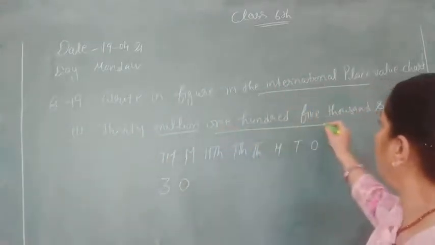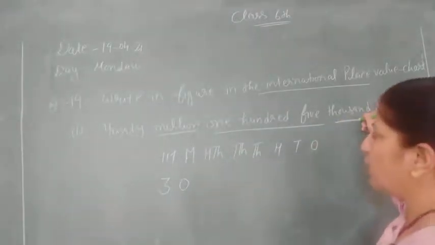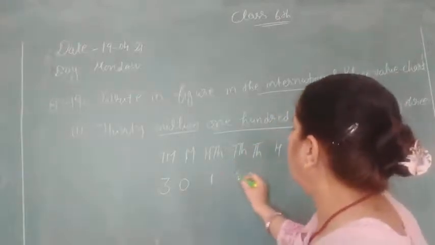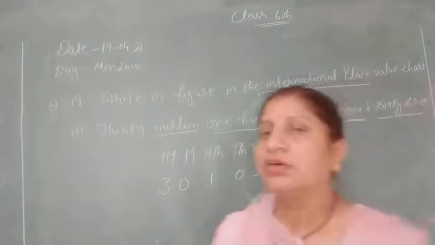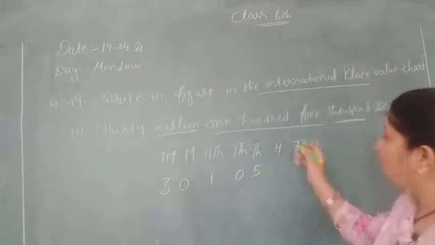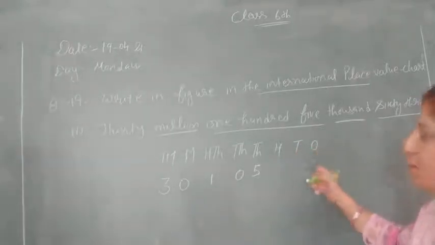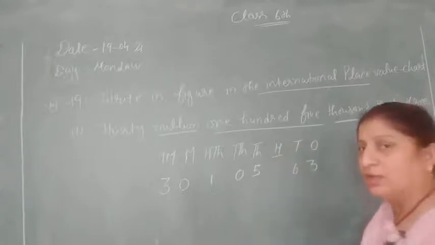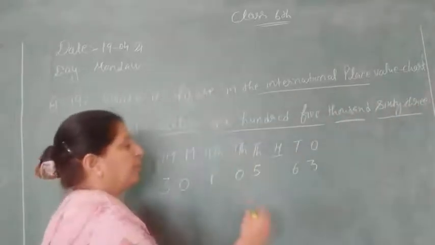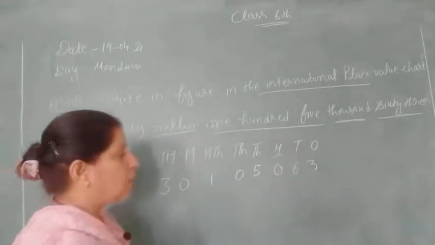Now the next is 105,000. Before the period of 1000 you have to write 105. Now you see the next number, that is 63. 63 is a 2-digit number, and a 2-digit number means we have to write below the tens place and the ones place. Now we see that our 100 place is blank, so under the 100 place we write 0 to fill this blank space. This is your answer.